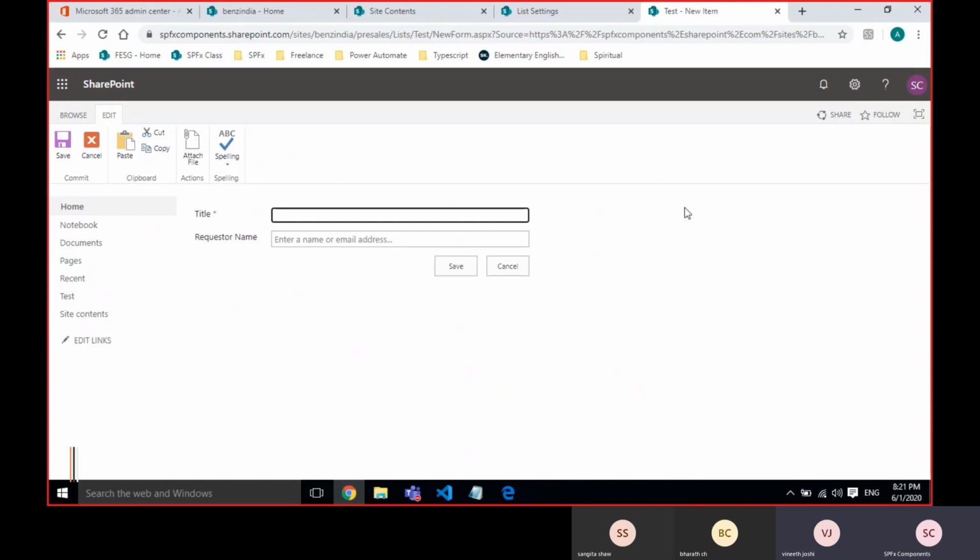So people want it in a single, simplified form. They want to customize the forms sometimes, like they want to add some colors. Here you won't get the colors, so they want to apply some CSS. So if we want to add these types of things, then we can go for content editor web part.